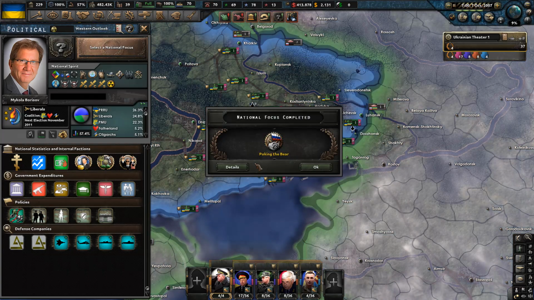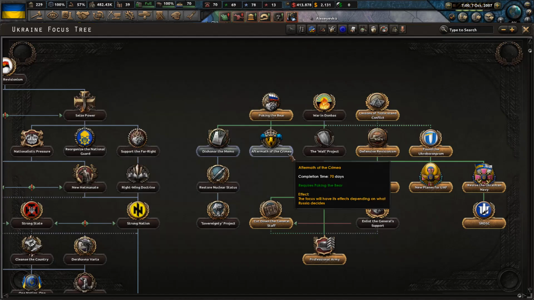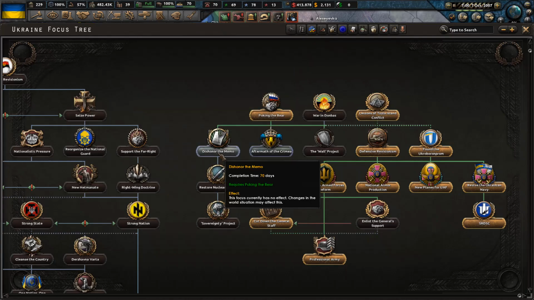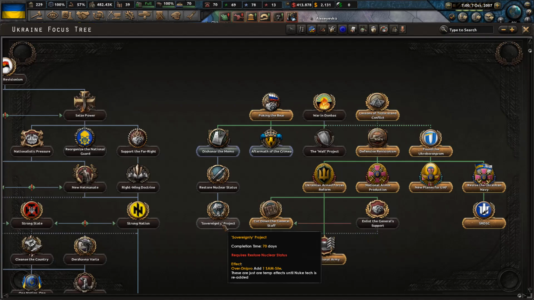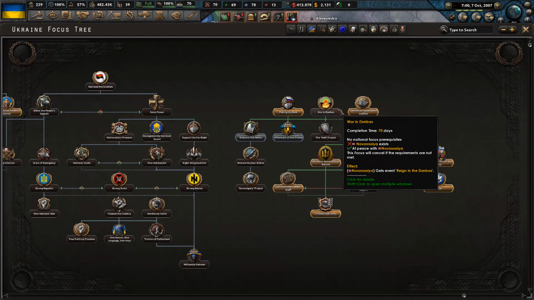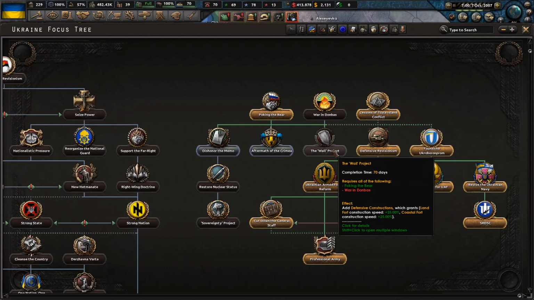Okay, poking the bear. We already know what this one does. So aftermath of the Crimea. Our position on Russia has forever remained clear. It is now time to officiate our reaction around the globe. Dishonor the memo. Oh, we could dishonor the Budapest Memorandum and start working on the nuclear sites. Oh wow, we actually could